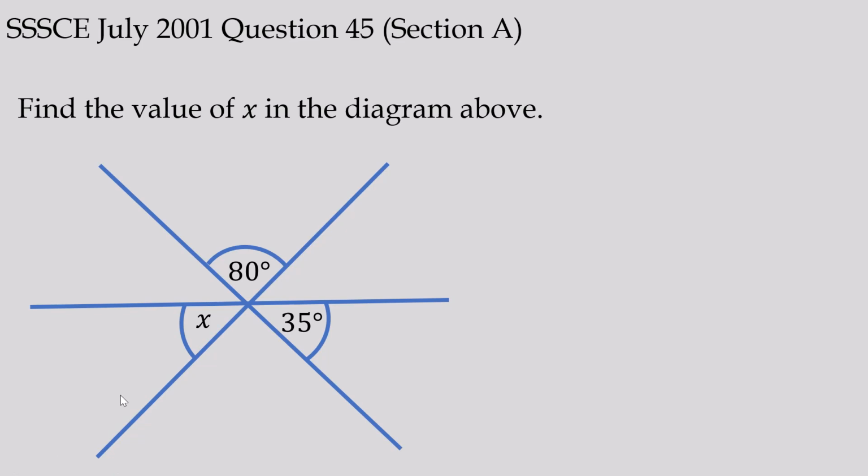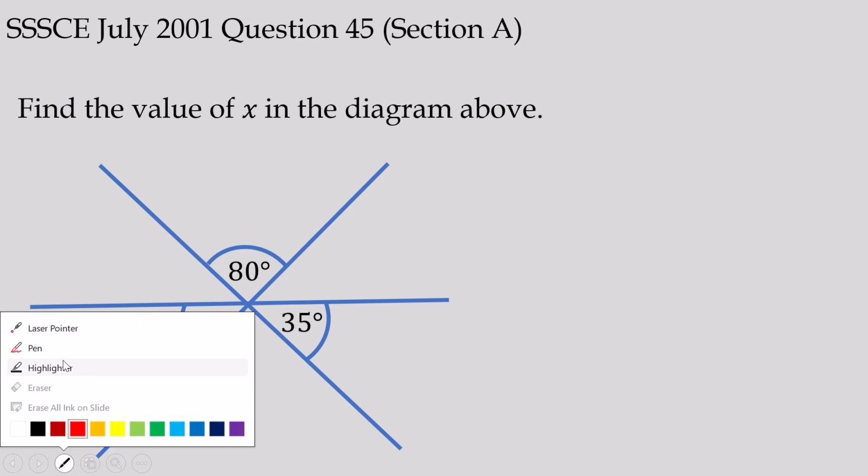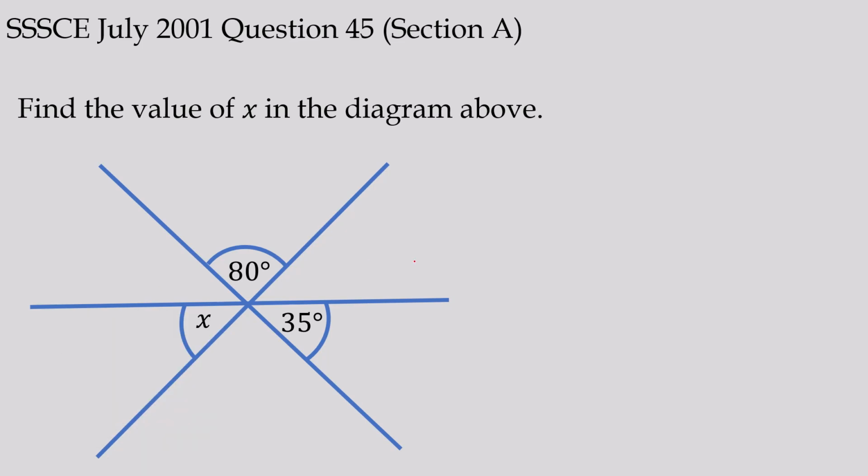Okay, so let us take a look at this WASSCE section A question. It says that we should find the value of x from the diagram over here. So from this diagram, you have to find the value of x. Now, when you take a look at this diagram, you realize that if I draw just this line and this line alone,